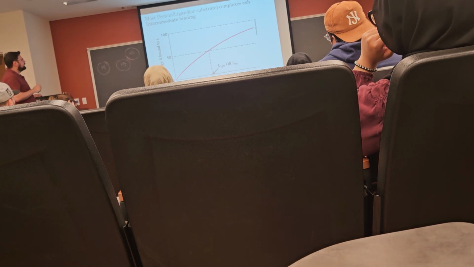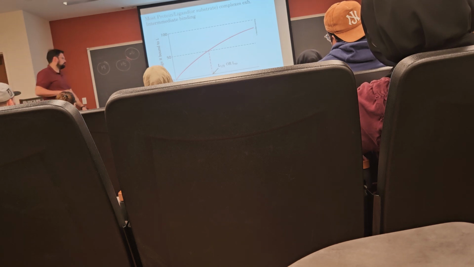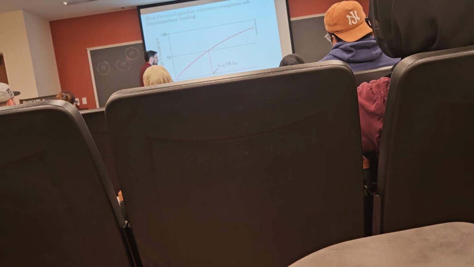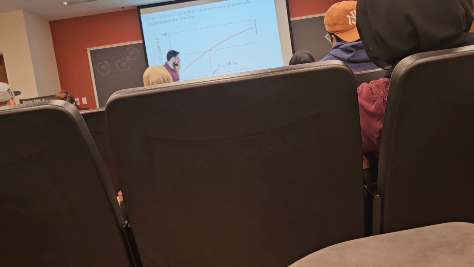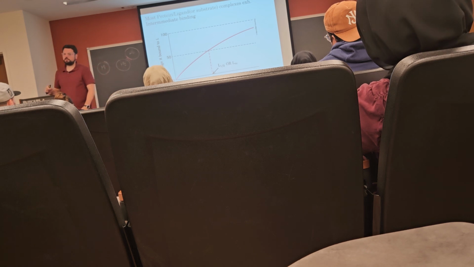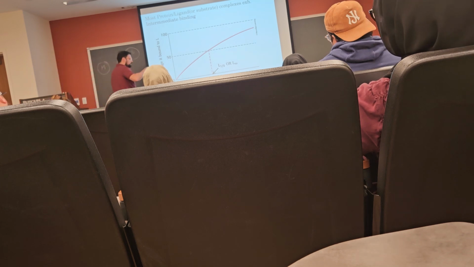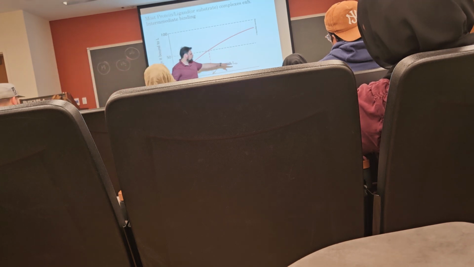Now most protein-ligand complexes exist in intermediate binding, and we can define L half, or L50, depending on who you talk to. They mean the same thing. Basically, L half or L50 is the concentration of ligand at which we reach 50% fractional saturation. In other words, 50% of the receptor is bound to the ligand. Whatever concentration of ligand we have to add to get there, that's L50. And L50 is typically equal to or within the range of what we normally find in the cell. So say glucose is usually